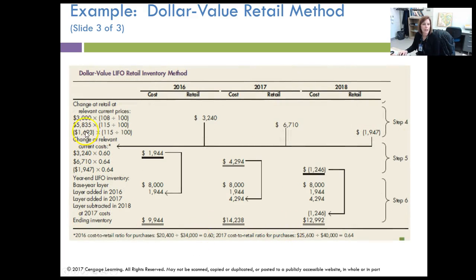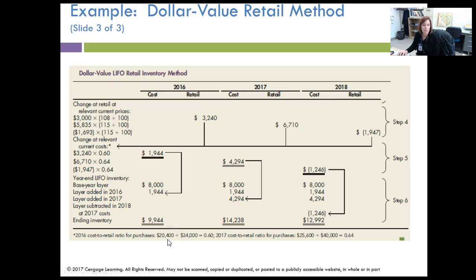So we calculate each of our change figures by the price index ratio that's relevant for that particular year, and we come up with these figures here. Then we multiply those figures by the cost to retail ratio for purchases, and it just reminds us down here what those are. So we've got for the first year, and I'll scroll back in a second so that you can see those, but for